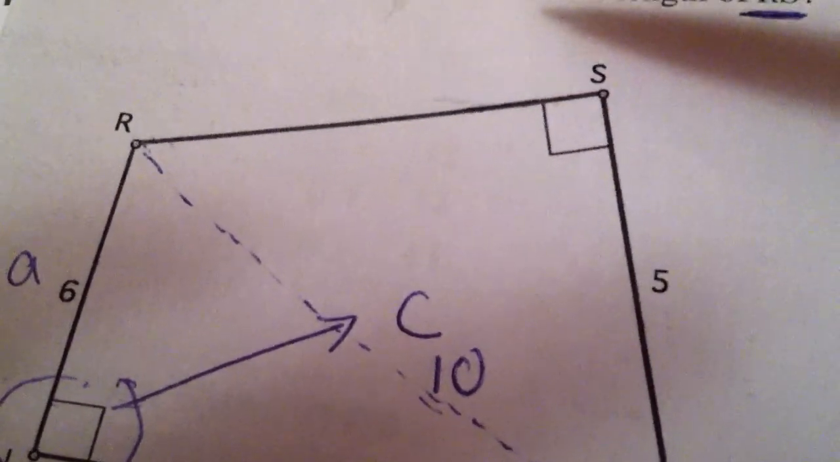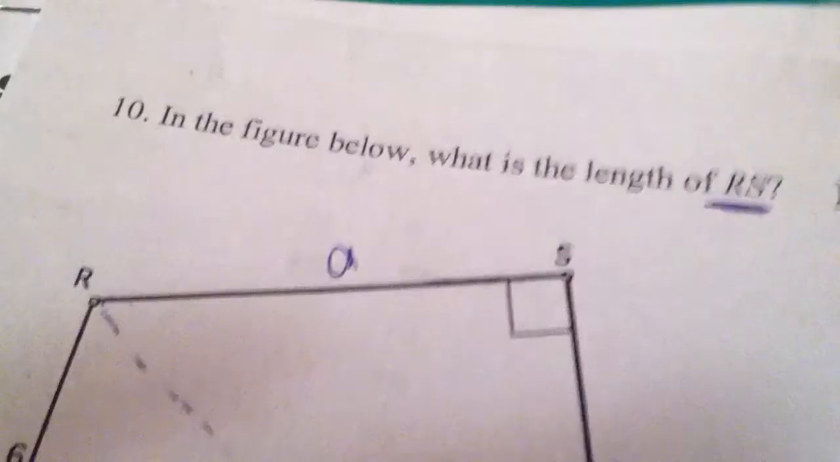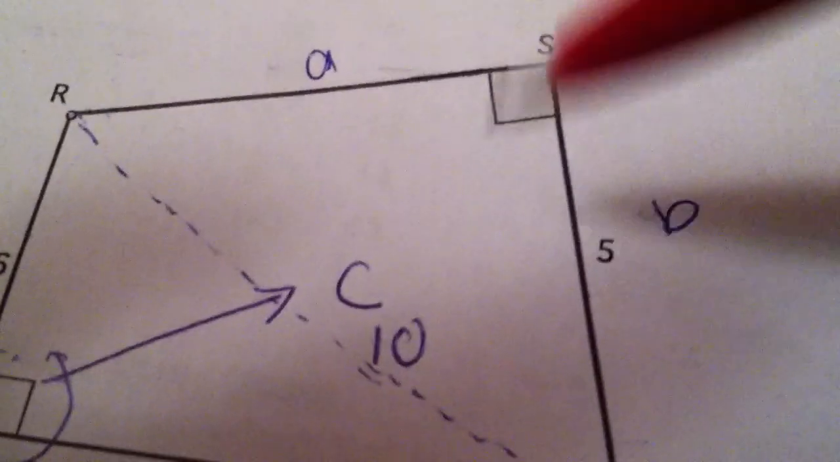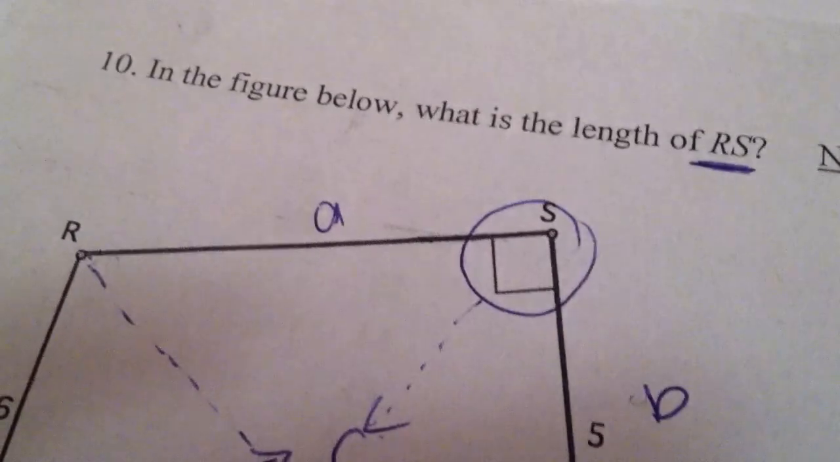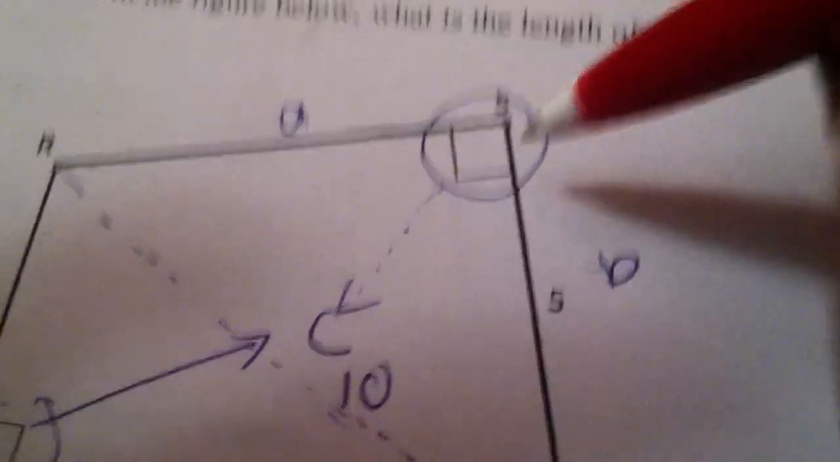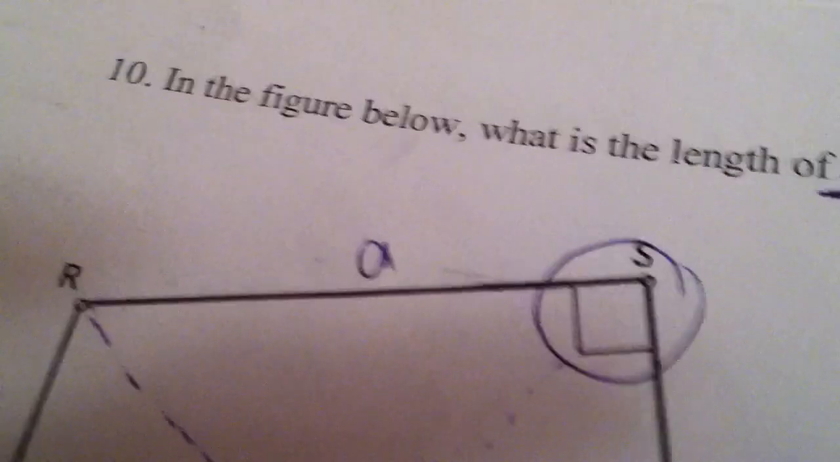I'm going to label my triangle. Here's an A, here's a B, and again here's my C because it's the opposite side of my 90-degree angle. So now I need to do a little bit of scratch work again so that I can find my A, which represents the distance from RS, which is line segment RS. Okay, great. So remember we said